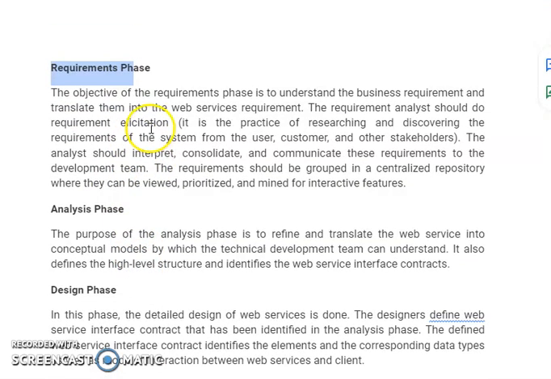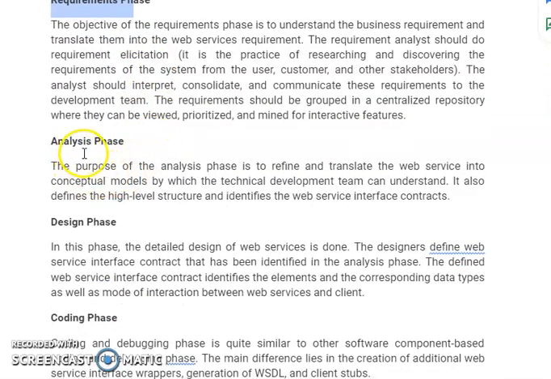Once this requirement phase is complete, then the next one will be your analysis phase. So we will find out which are the different requirements of your project from the user, from the customer. Even the developer can also give an idea to add into the requirements. Then in analysis, these requirements will be analyzed, how exactly these requirements will be converted into an implementation model.